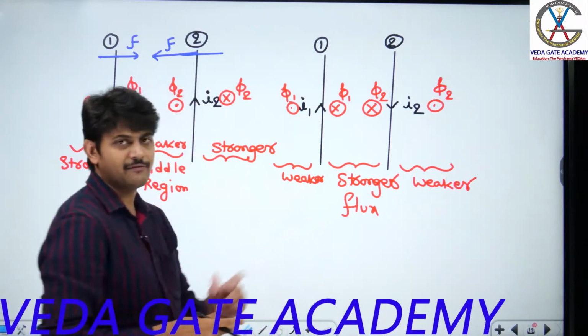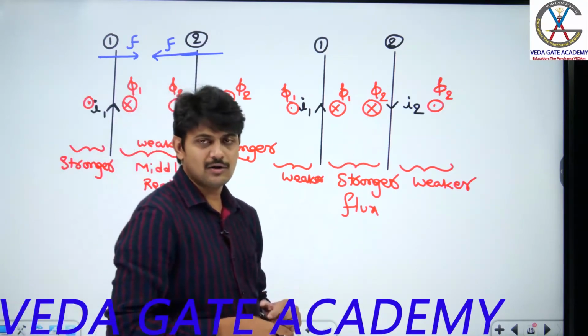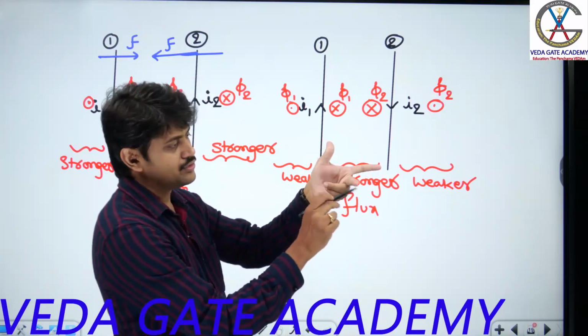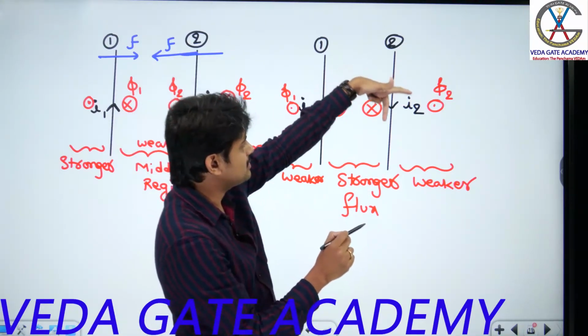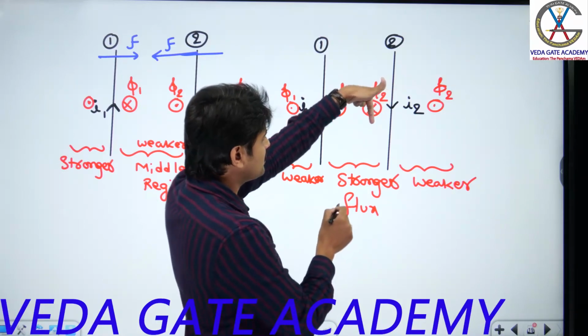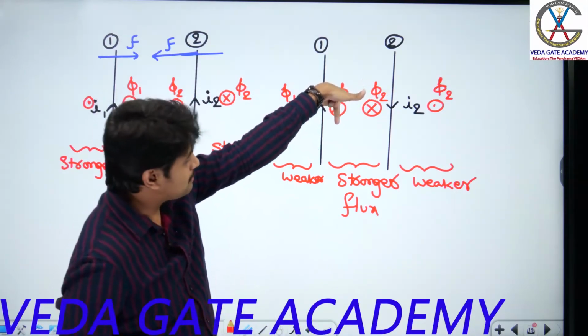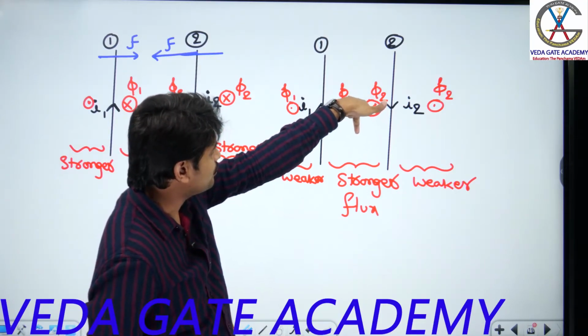Now you can apply Fleming's left hand rule. Let me apply it to conductor 2 so that you are able to get it for conductor 1 also. Right. So first you use the center finger in the direction of current. Current is in this direction, and after that, is the flux into the plane or out of the plane? Into the plane. The forefinger represents into the plane. So here my thumb is in the downward direction, forefinger is into the plane.